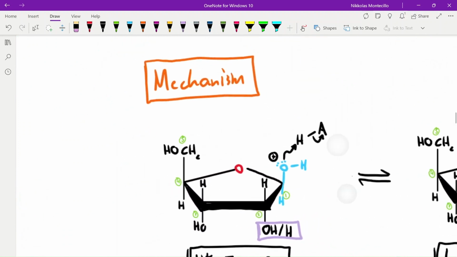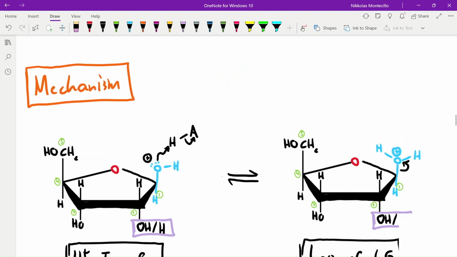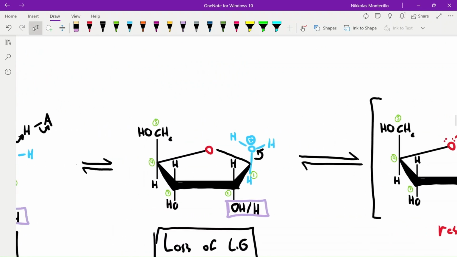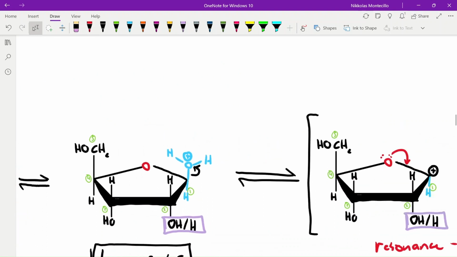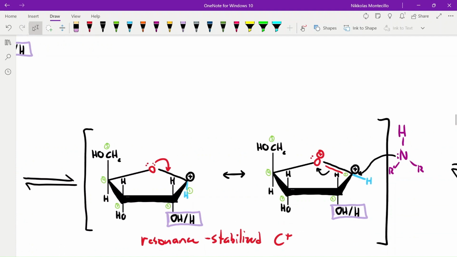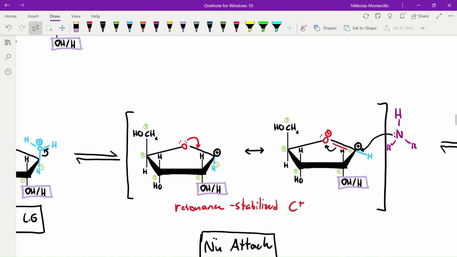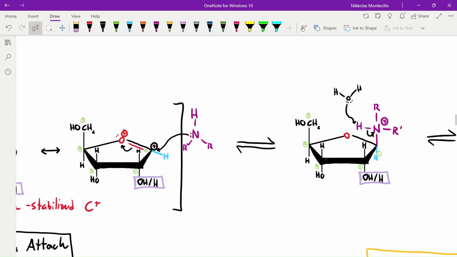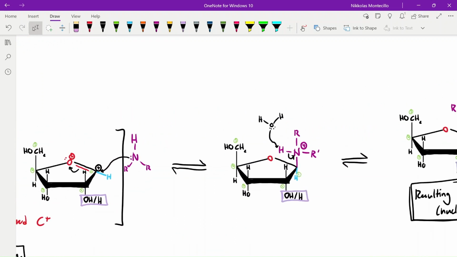So the mechanism starts with the protonation of the hydroxyl group. The protonated hydroxyl group, or the hydronium ion that forms, becomes a good leaving group. And we see the formation of a resonance stabilized carbocation. And then there's a nucleophilic attack, which attacks the carbocation. And we see the formation of